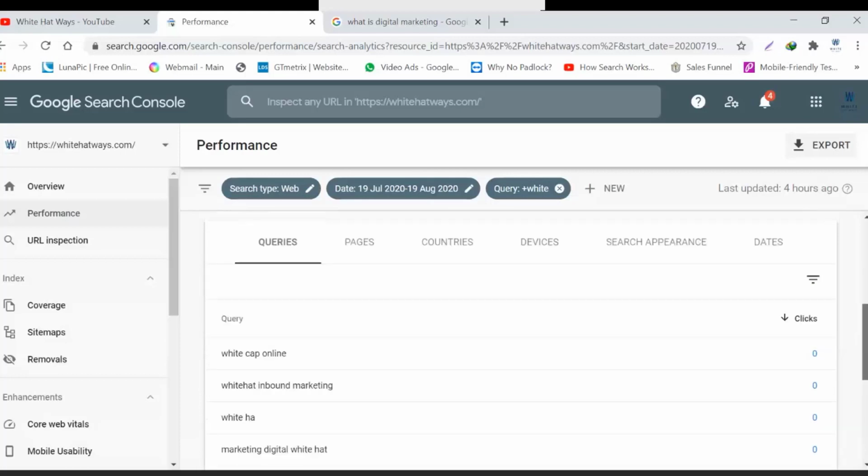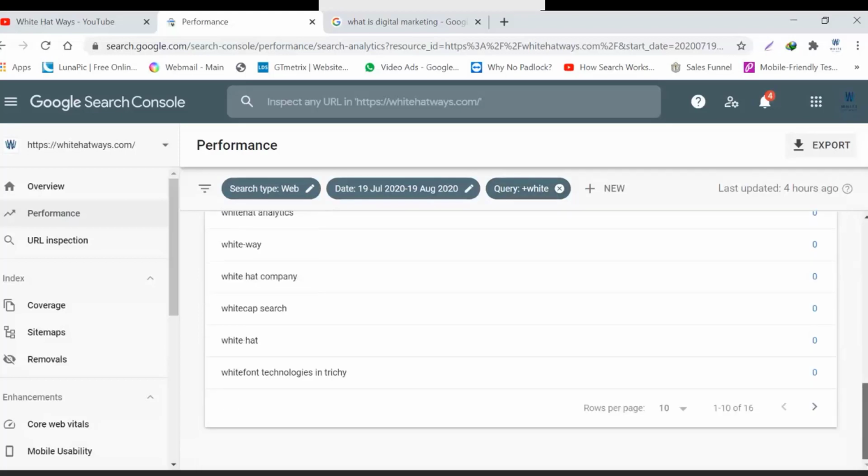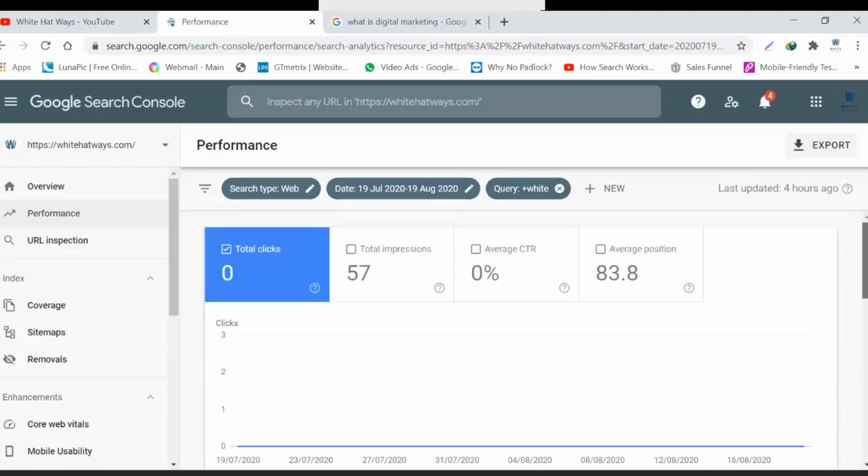So I am filtering. What does a filter actually do? A filter does the filtration task. Anything that you don't require, you just filter it out, and you gain the crux, whatever concrete thing you want to see, out of filtration. So that is what is happening over here. You are filtering the queries with the word white. Any query which has the word white would appear and nothing else, and that is why all these queries are coming over here.